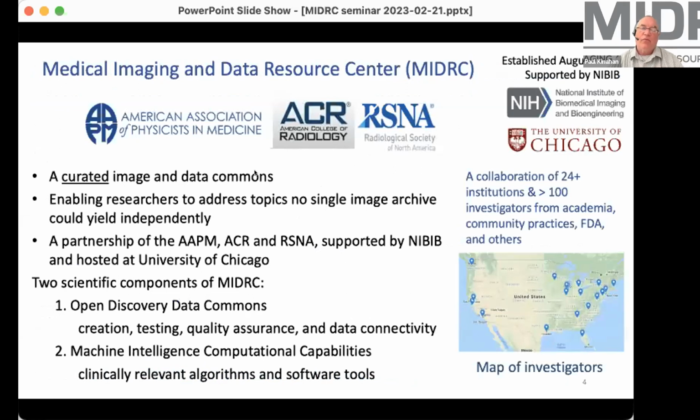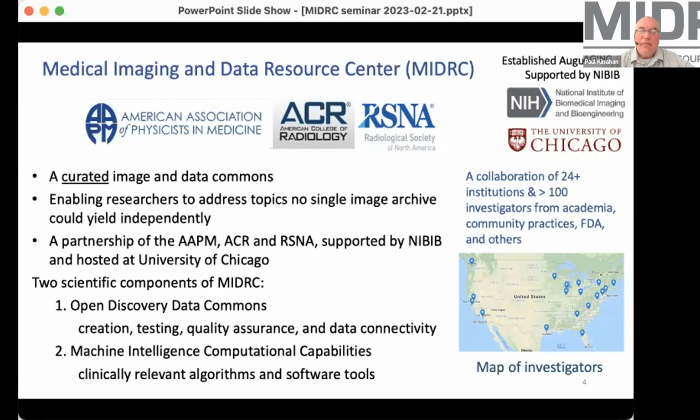And this led to the formation of MIDRC, the Medical Imaging and Data Resource Center. We have 2 PIs each from the American Association of Physicists in Medicine, or the AAPM, also the American College of Radiology, the ACR, and the Radiological Society of North America. So 6 PIs. And in addition, because there has to be a single prime site, that's the University of Chicago, where Mary Ellen Geiger is the contact PI, and ably aided by Katie Pizer and her team there as well.